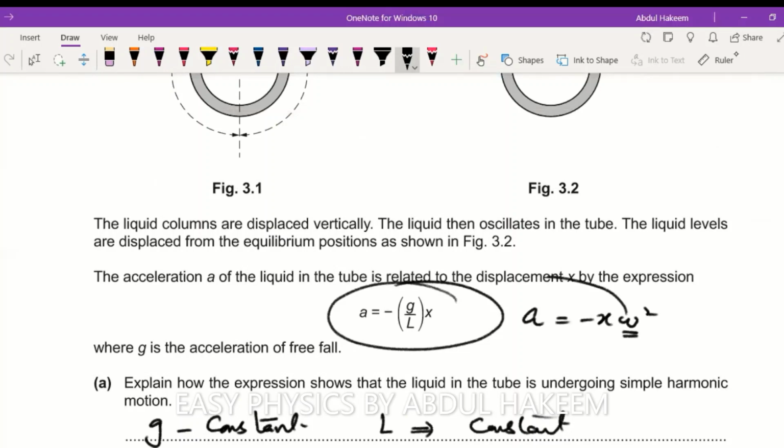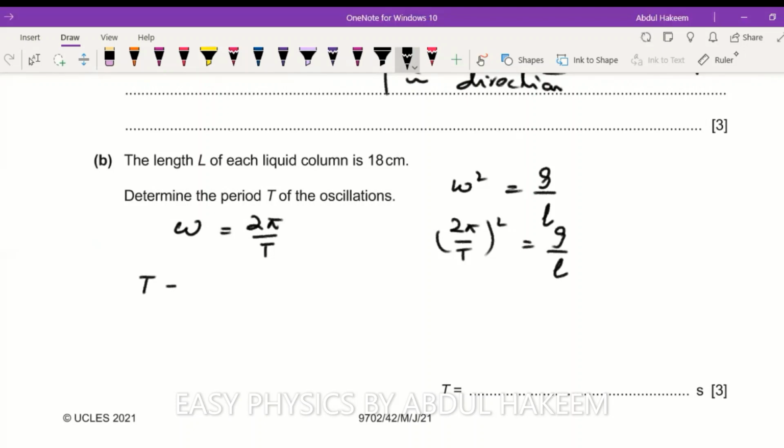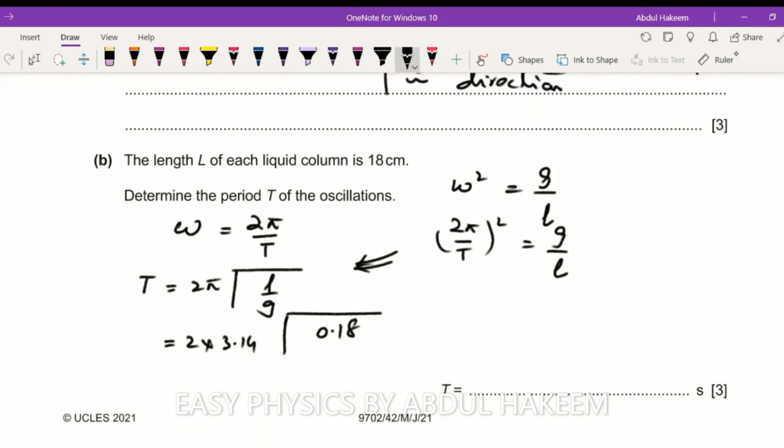So we will use omega square equal to g over L. So omega square is equal to g over L, and omega is 2 pi over T, so T is equal to 2 pi under root L over g. This expression can be written like this: 2 times 3.14 under root, the length is 0.18 in meters, g value 9.81. And after the calculation,